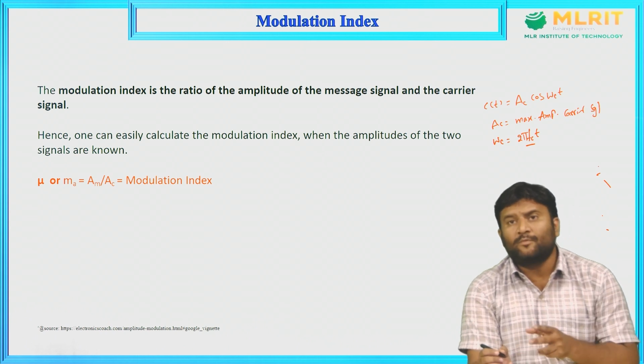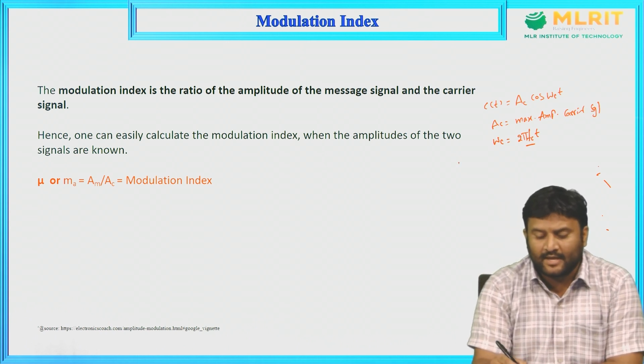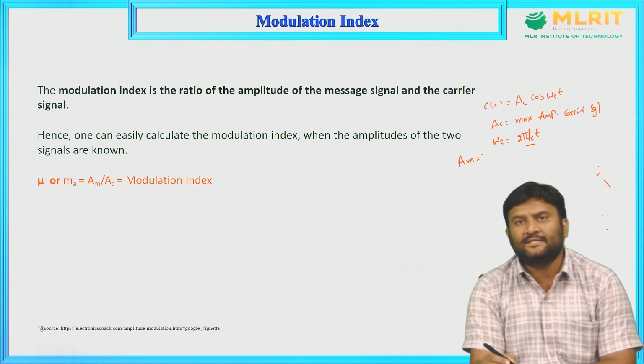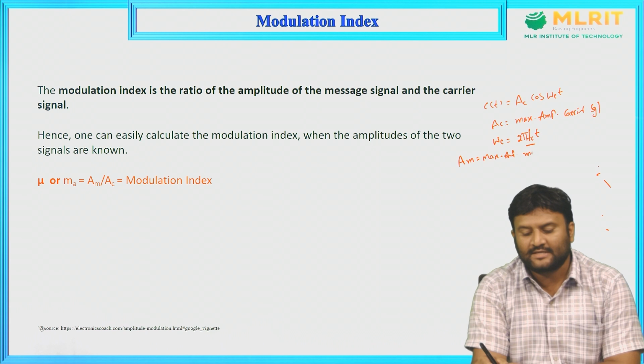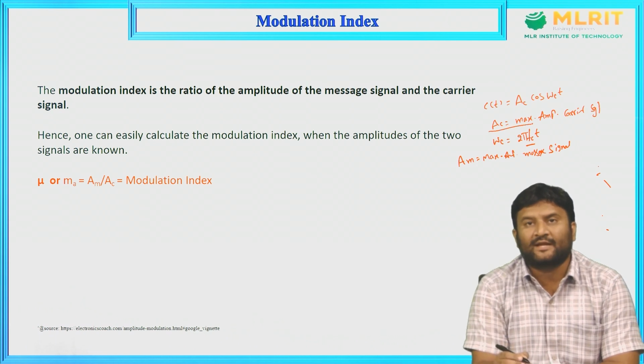Observe the two mathematical conditions. Am is the maximum amplitude of the message signal,